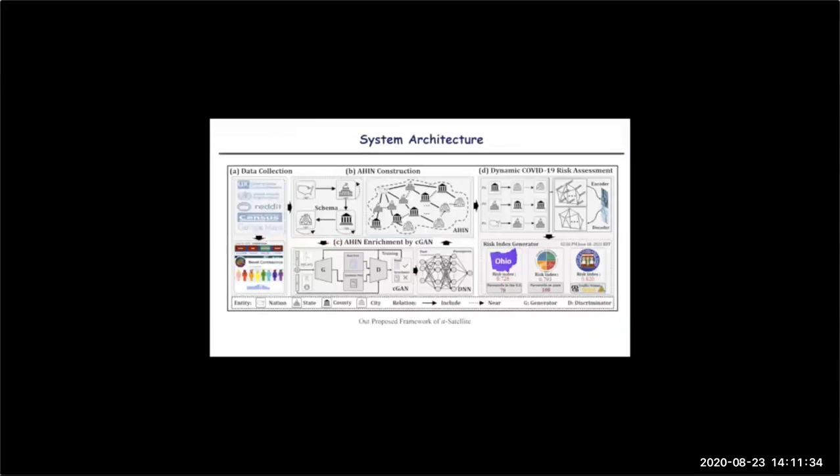So this is the system architecture. Based on our data collected from multiple sources, we devised the system, including three components. We first construct the attributed heterogeneous information network to depict the relations among different hierarchies, like a given POI, the county, the state, and also the country. And then